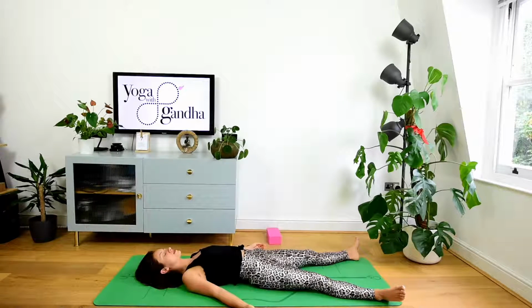So today we'll start the body scan from the heart and we'll move out through the rest of the body then. So bring your attention to the center of your chest. Imagine that you know exactly where your heart is. And from there, start to move your attention up to the right side of your chest, into the right shoulder,